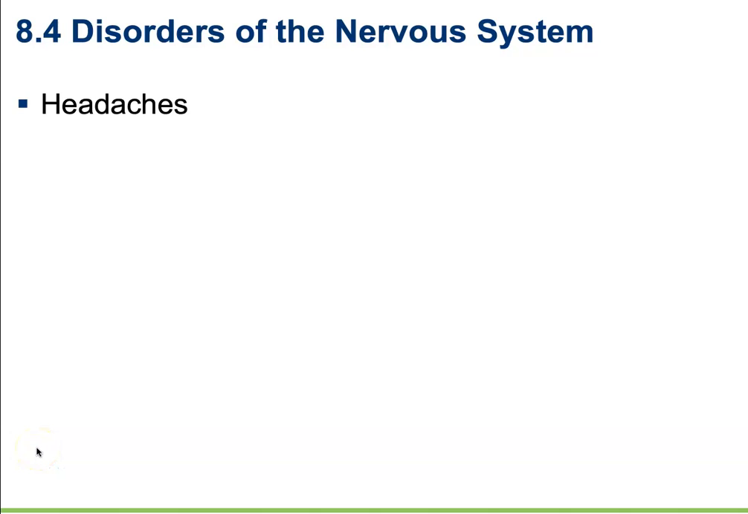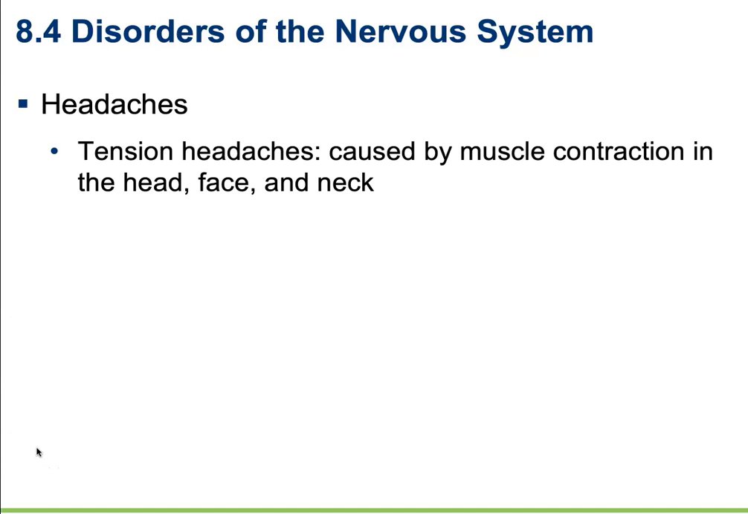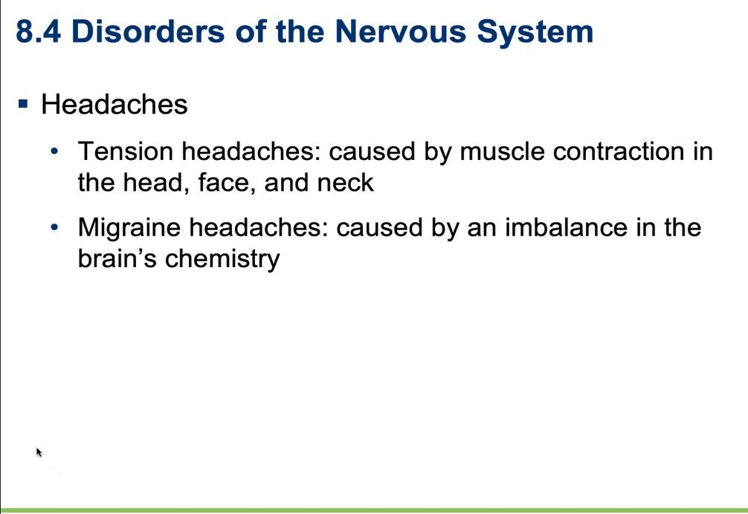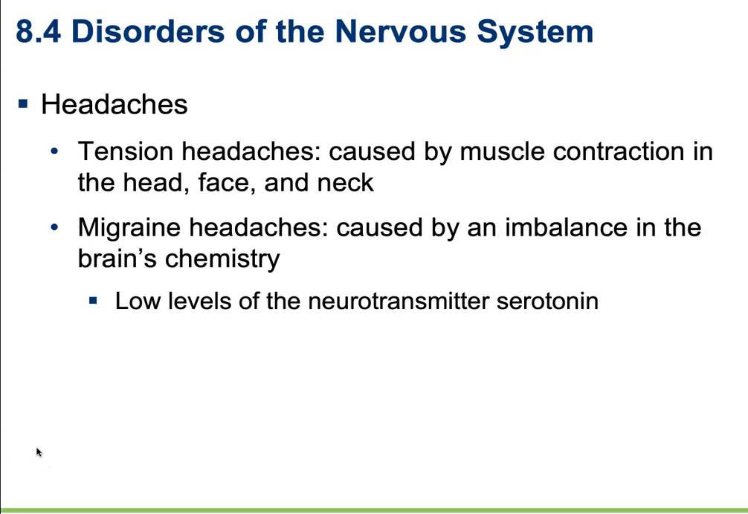The last section that we're going to cover is homeostatic imbalances of the nervous system. So we're going to start off with headaches. There are several kinds of headaches, but the first one we're going to talk about is tension headaches. These typically are caused by prolonged muscle contraction in the head, face, and neck. Migraine headaches, on the other hand, are caused by an imbalance in the brain's chemistry, typically low levels of the